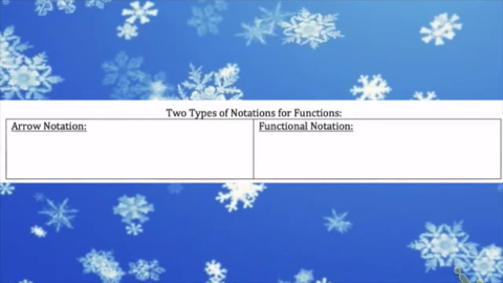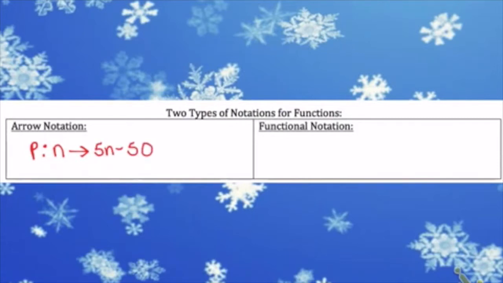There are 2 types of notations for functions: arrow notation and functional notation. It's just another way to write the function equation line. Instead of using y equals, we use f of x or f of n. In this case, we're going to look at arrow notation, and you might see p colon n and an arrow,